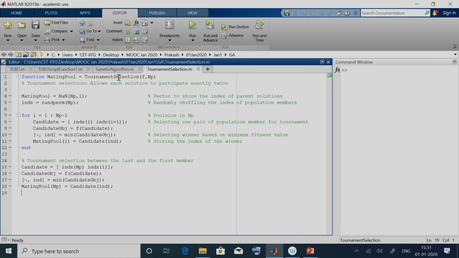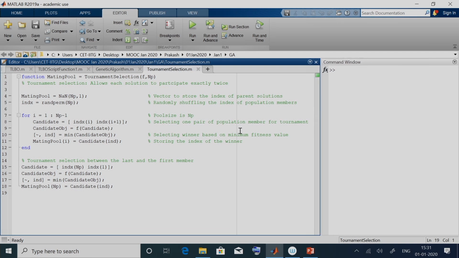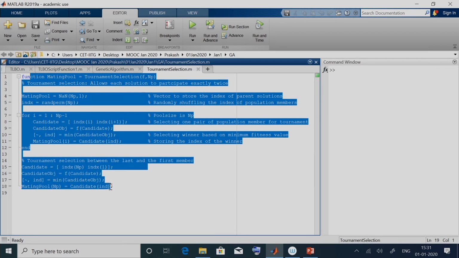Obviously, for some of you it would still be a little bit problematic to understand, but once we run this code, we will be able to actually see what is happening. It is similar to that example that we used to solve. Once you solve an example, things become a lot easier to understand. The same thing here: once we execute this code with a sample problem, you will be able to better understand this tournament selection.